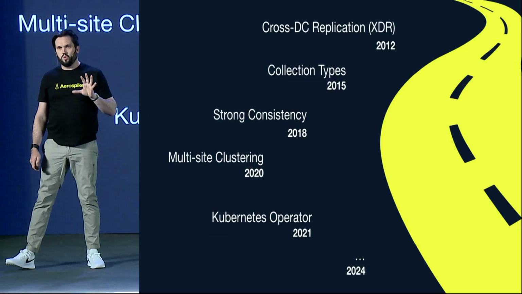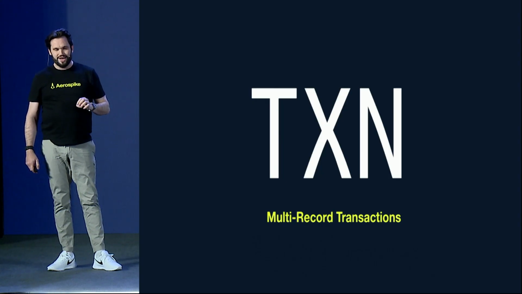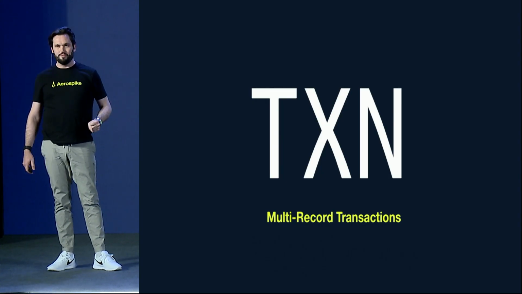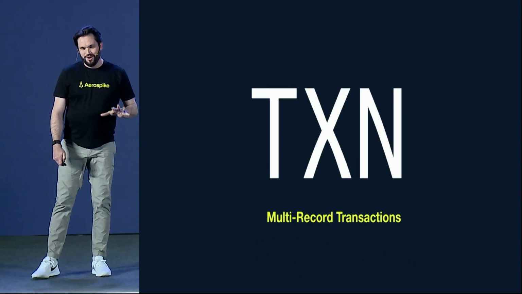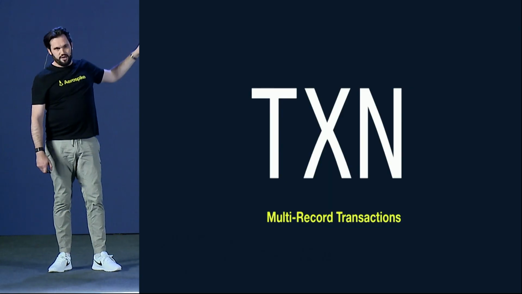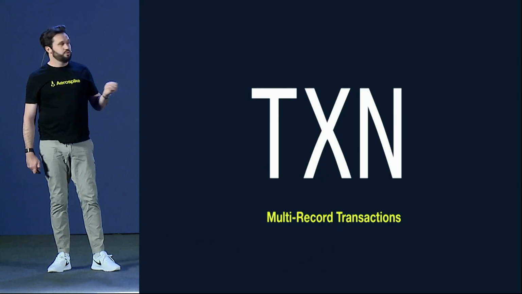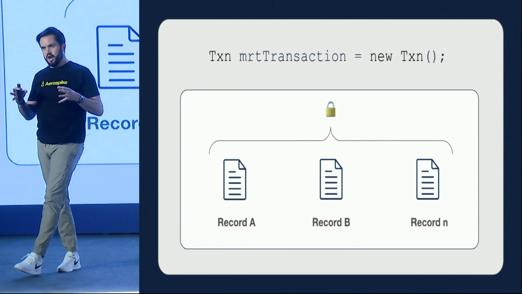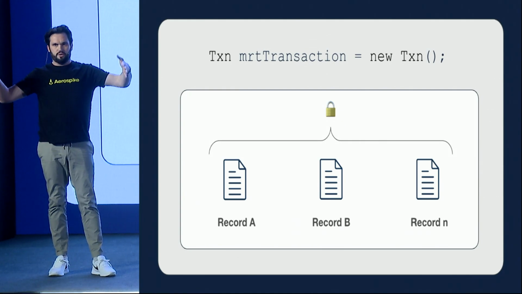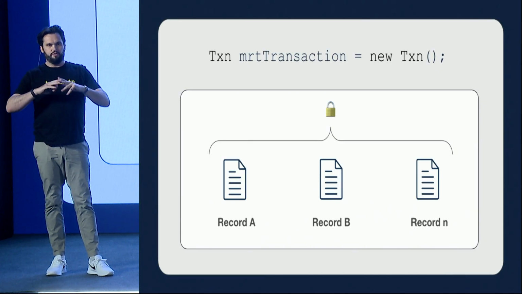Very specifically, what we're releasing in Aerospike 8.0 is multi-record transactions. It's probably clear what it does by the name. It's not always a great place to be creative when you're building databases, but multi-record transactions and the TXN or transaction object that we're adding to our API basically allow you to do what you're probably guessing, which is to create a transaction and have that transaction cover multiple records in the database, and to read and write to those records in such a way that if anything fails, the whole thing can be rolled back.